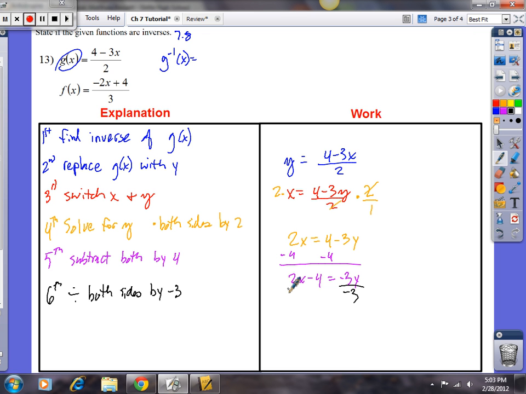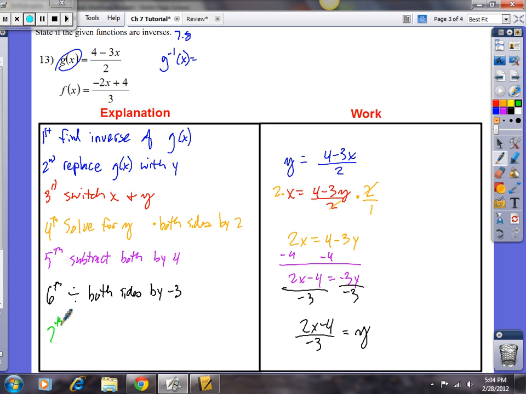Now the left side has 2 terms. You need to divide both of them by a negative 3. So you're going to have this 2x minus 4 divided by a negative 3 equals y. And we are almost done. The last thing,